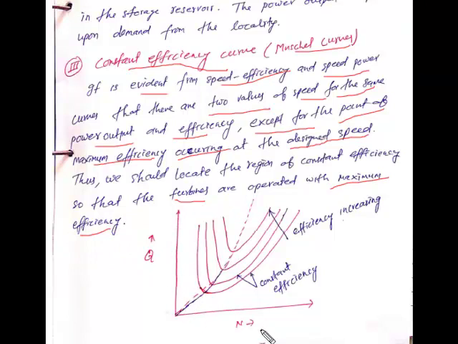On this diagram, this is the discharge and this is the speed. All the curved lines indicate constant speed lines, and in this direction the efficiency is increasing. This has the lowest efficiency in this curve, and this has the highest efficiency. It means when discharge and speed both increase, efficiency continuously increases. And all these inclined lines indicate constant efficiency curves.